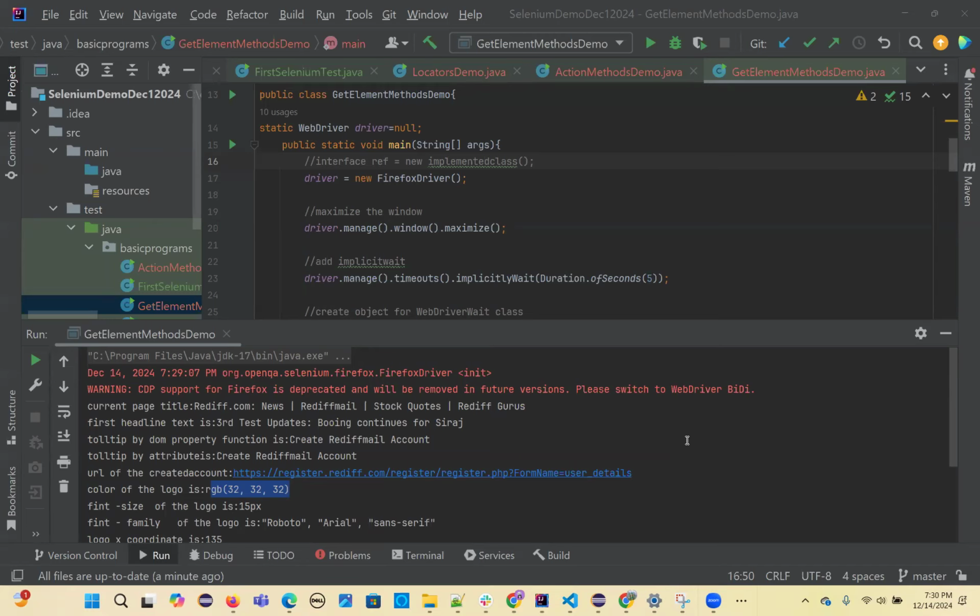So pretty much we covered all the methods whatever we discussed till now, and implicit and explicit waits I have covered already. So I'm stopping here. Next class I'm going to cover